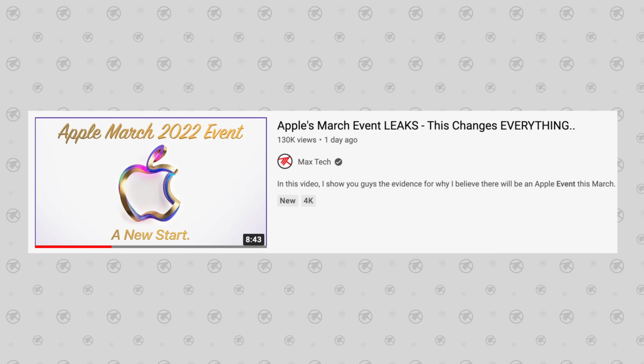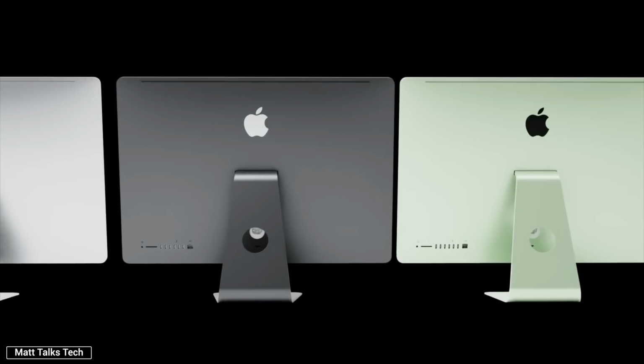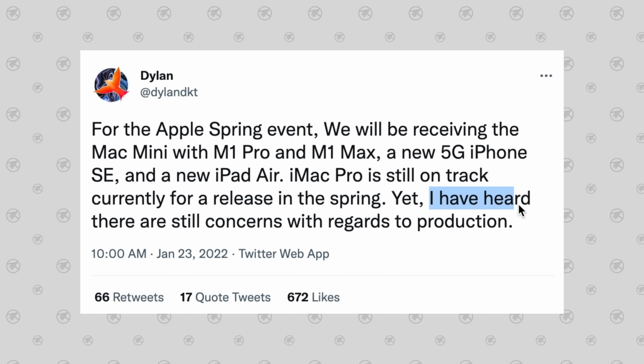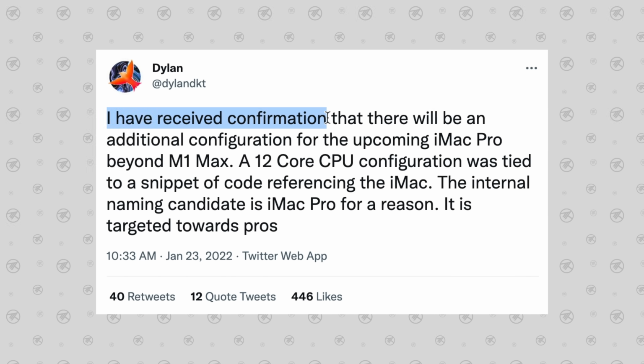that in my last spring event leaks video. And while I strongly believe that we'll be seeing the high-end iMac at the spring event as well, Dylan says that it's on track for a spring release, but he has heard some concerns with regards to production, which isn't a good sign. But the really confusing and downright shocking leak from Dylan was when he said that he received